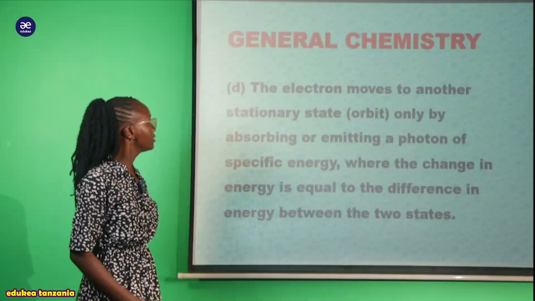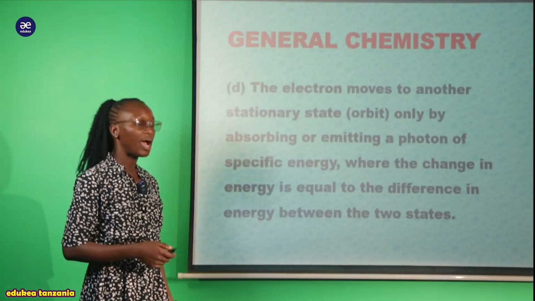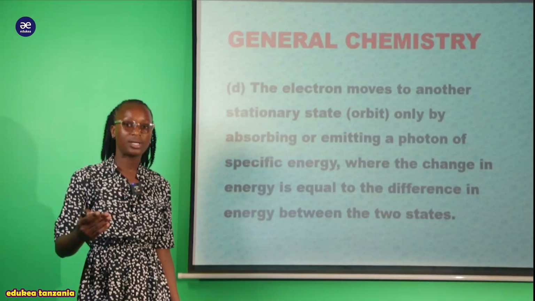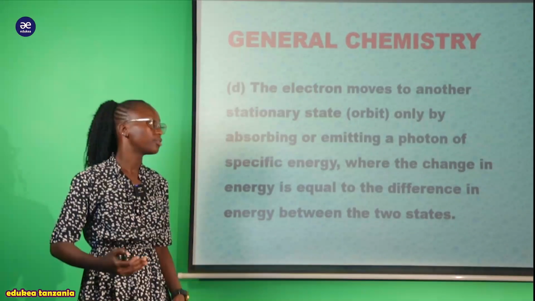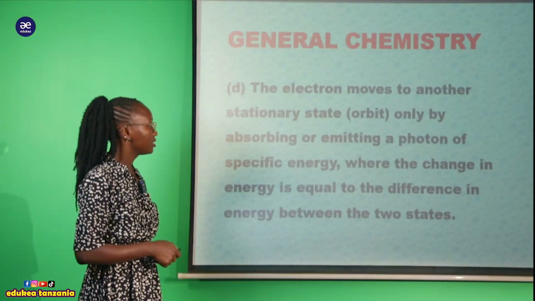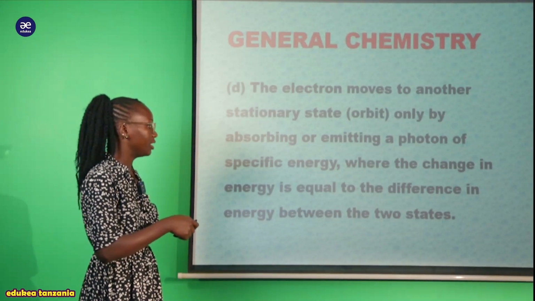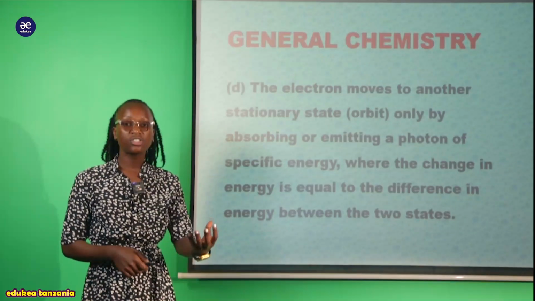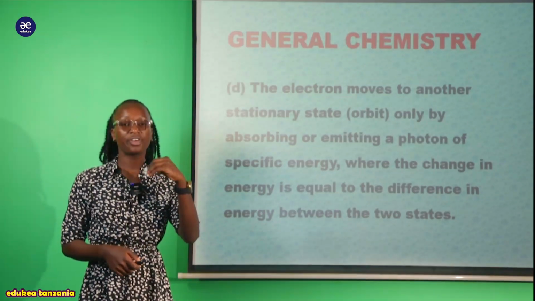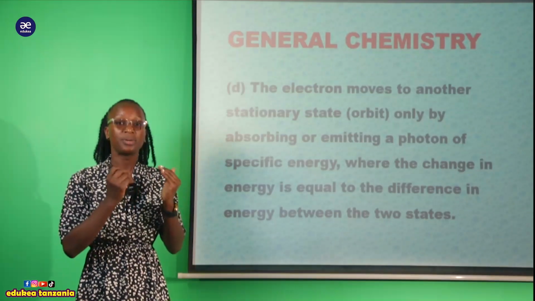Another assumption is that the electron moves to another stationary state. Au kumbuka hizo stationary state ndio zile orbit au zile level. Anasema kwamba electron moves to another stationary state only by absorbing or emitting a photon of specific energy. Sasa hizo electrons zina move kwenda kwenye level nyingine au kwenye orbit nyingine, endapo zitaabsorb na kuemit a specific photon,